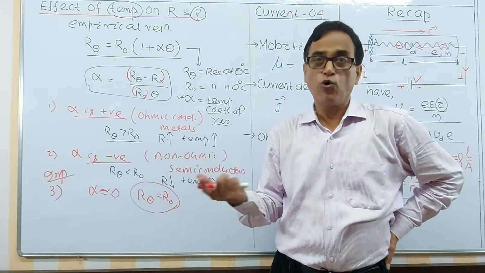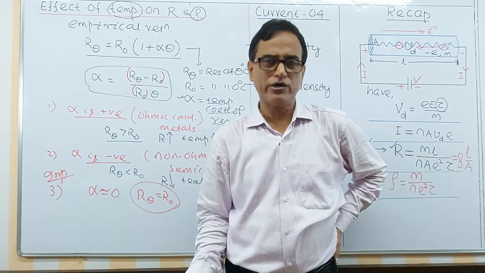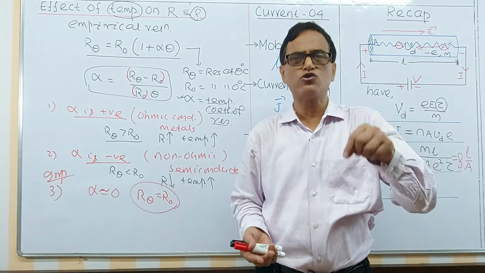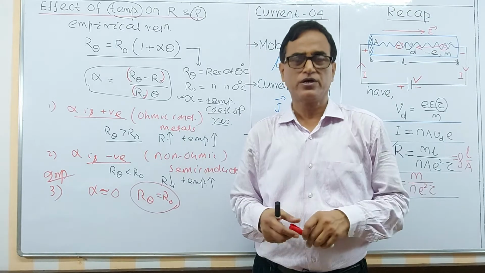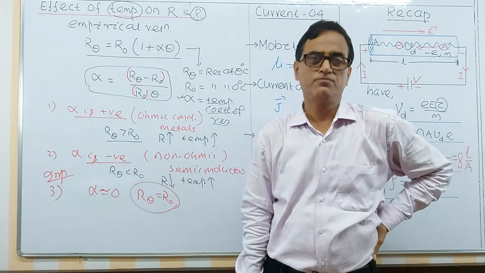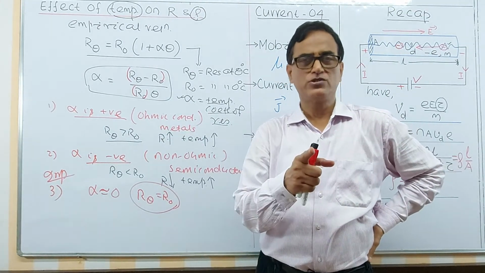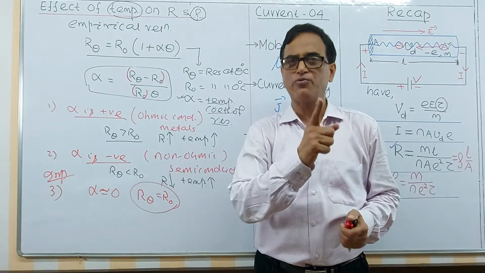You will verify Ohm's law, V by I is equal to R. You will be given a number of resistances: 1 ohm, 2 ohm, 3 ohm, 4 ohm resistances will be given to you as materials. And you will be asked a question. You have read about temperature. You should listen to it carefully.